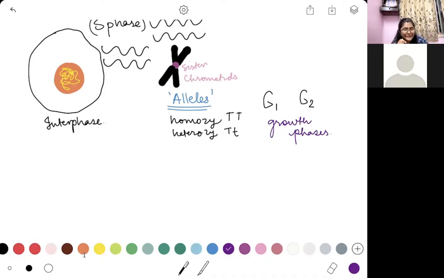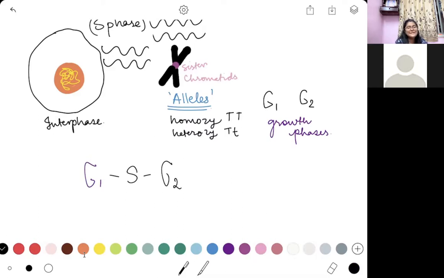Then you come to the S phase. So I'm going to write it this way. You're going to have G1 phase where the cell is growing, reaching its full maximum potential. Then it comes to your S phase where the sister chromatids are going to be made, and you're going to have two sets of genetic copies of everything. Once this happens, you're going to grow all the organelles for the new cell. Now you have a certain number of mitochondria, but the new cell would also need new mitochondria, so you're going to grow a small amount of those as well. Everything is then going to go to your G2 phase.